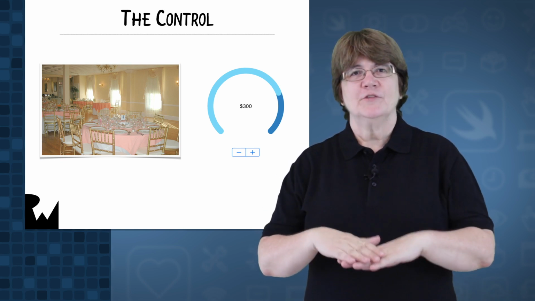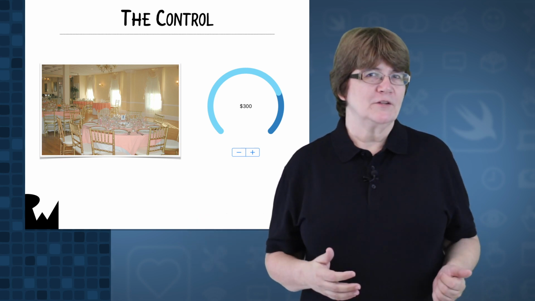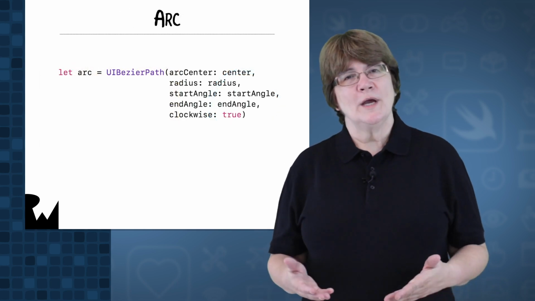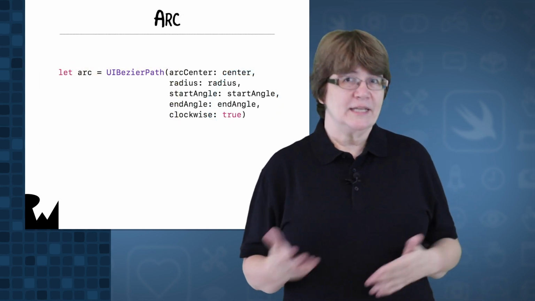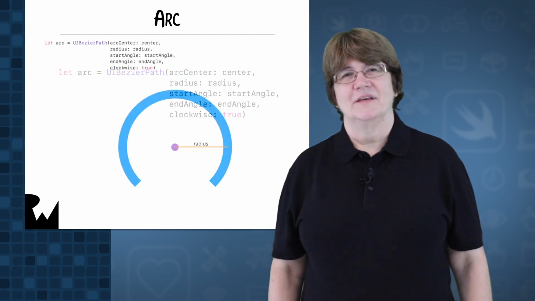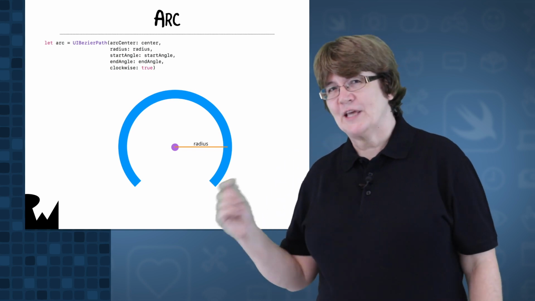We'll have 2 layers, and we'll use a stepper control to add dollars that we spend and advance the top layer with animation. UIBezierPath has an arc initializer with a few parameters that we'll take a look at here. An arc is a circle with a section cut out of it, and it has a center and it